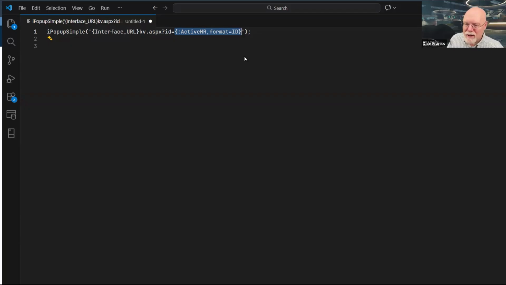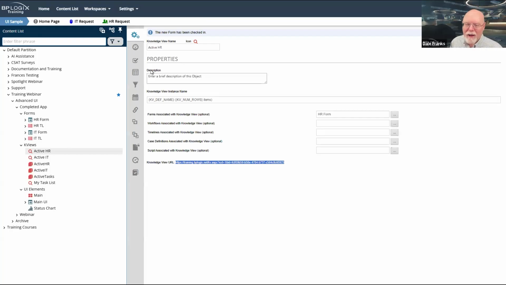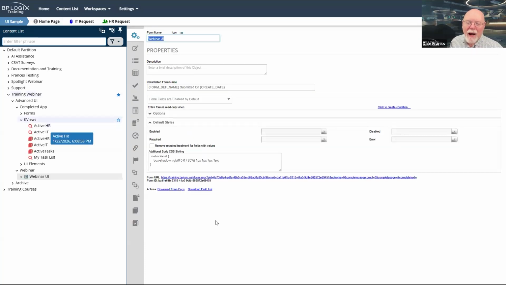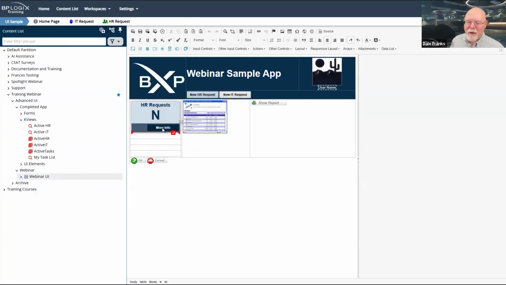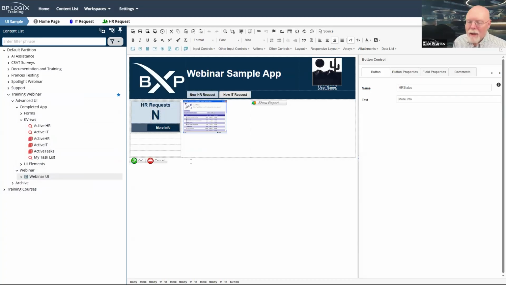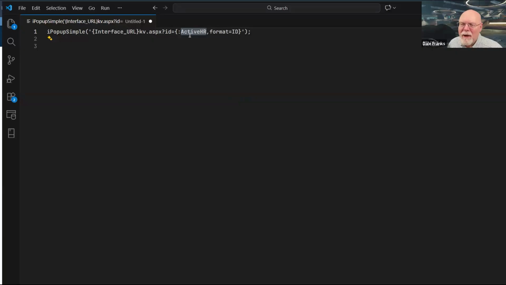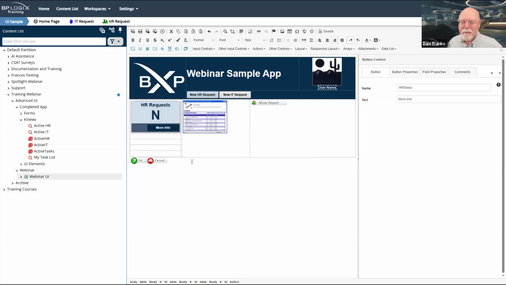Now, I have this system variable here. And the reason I have this system variable is I am going to need a control called ActiveHR. With this particular control, I'm going to need a control that returns the value that I need properly. So now I don't know, this must be my webinar UI form. So this is the one we're covering right here. So what did I name that? Sorry. ActiveHR. I should probably copy that. Make my life a little bit easier.